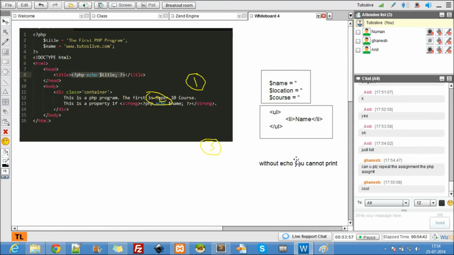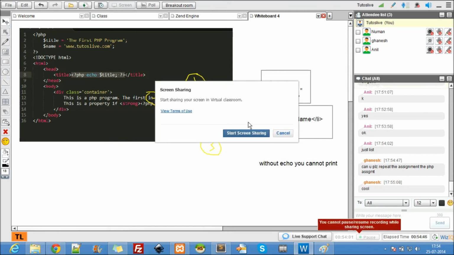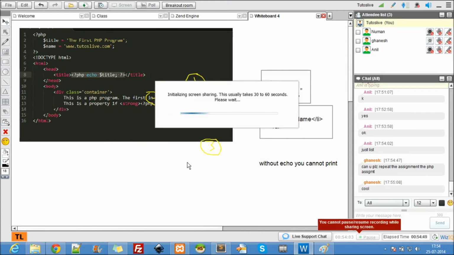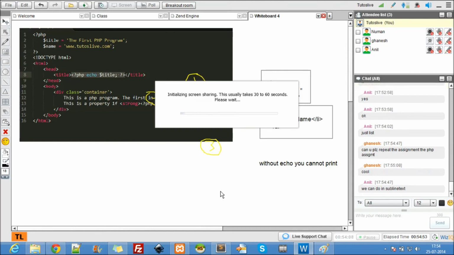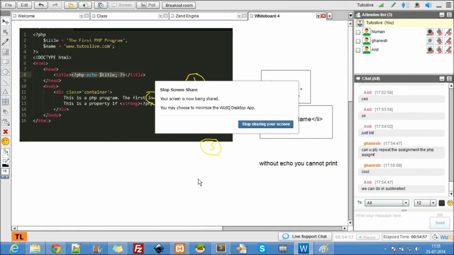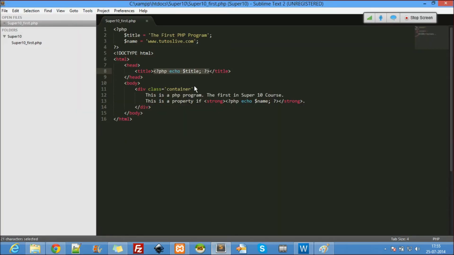Now I'll show you what mistake a fresher makes in PHP. You can do it in Sublime Text, you can do it anywhere, you can do it in Notepad also. It's just a piece of code, right? So I'll show you guys what mistake a fresher makes. Here I don't say echo. This is what 90% of PHP first-comers do. They don't echo it. Okay, no echo.